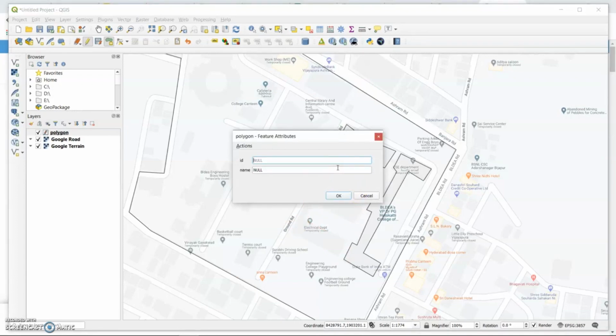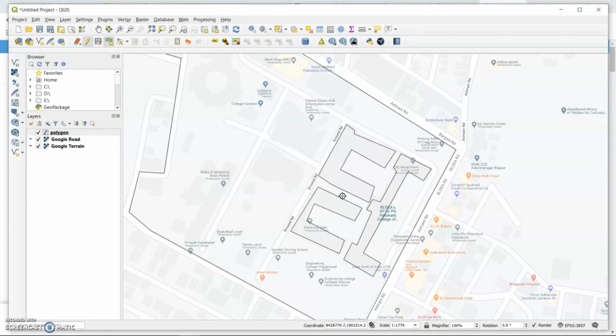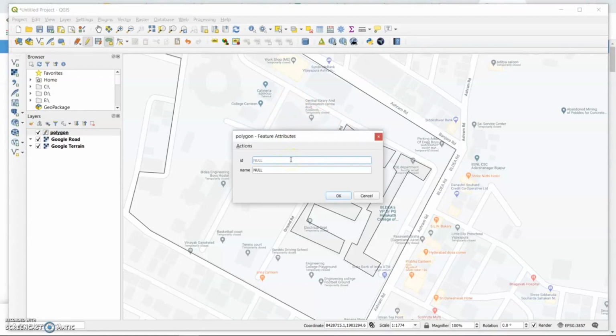So that's why you cannot rely upon this. The area that I calculate from this polygon may not be reliable. Call this as 4. This we'll call it as electrical wing. Sorry, I named it as mechanical wing. We can rename also. So I'll call this entire portion as library block.